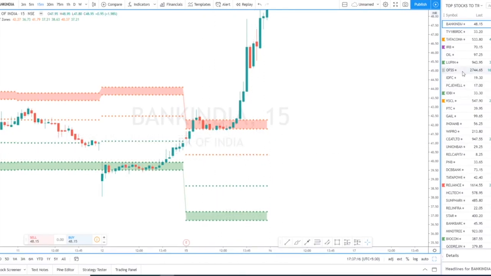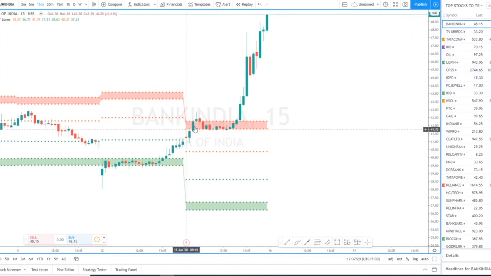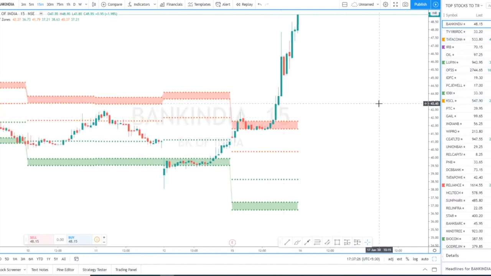So at 9:30 to 9:50 or 10 o'clock, you just have to analyze where the market is going, and you go through all the stocks. Let's say you have selected 5 stocks. You see that the market is bullish, and you have selected a few stocks, but you have to narrow it down